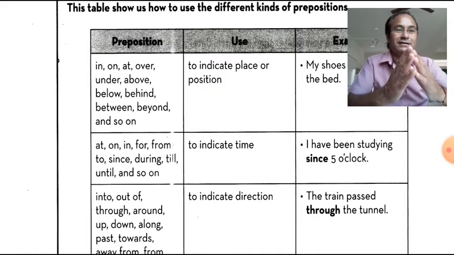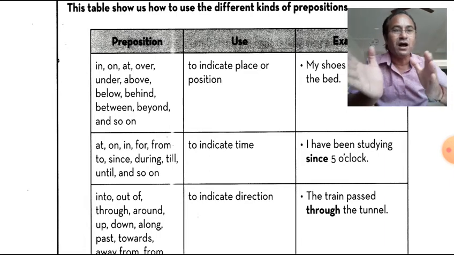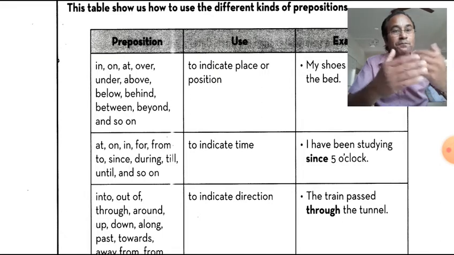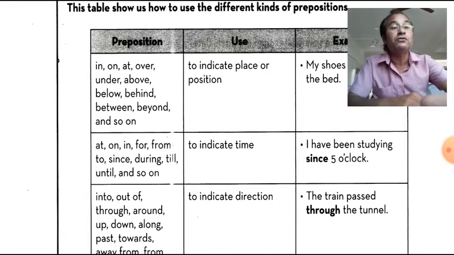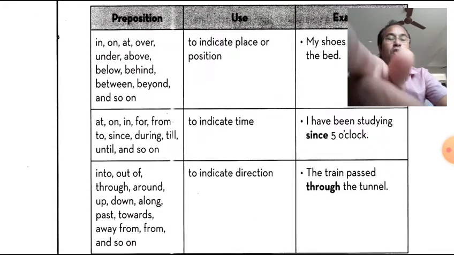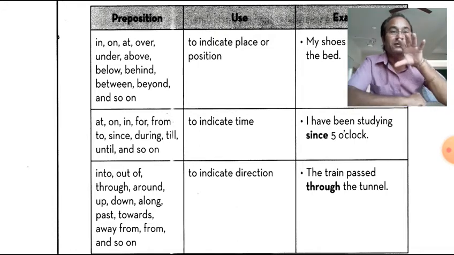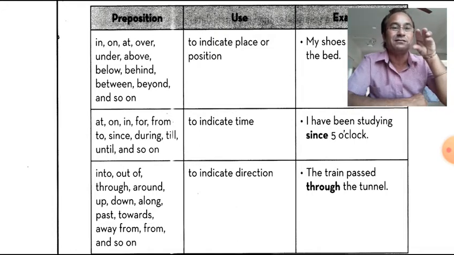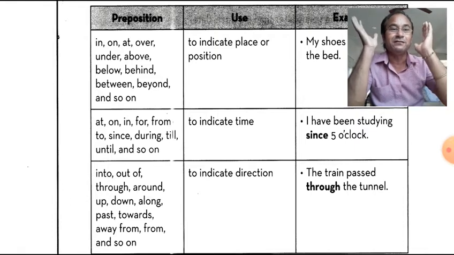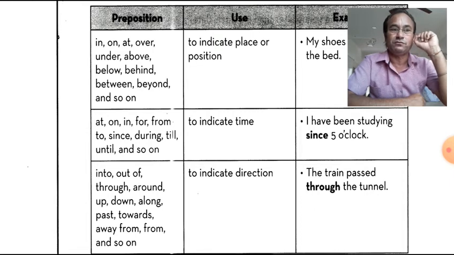So we have to see the meaning of the sentence. And then, I will meet you at 5 o'clock. So it shows time, isn't it? But at, we have also used: I will meet you at your home. I will meet you at your home. It shows place. So in, on, at are used in both position, place and time. Keep in mind, it creates confusion at times.